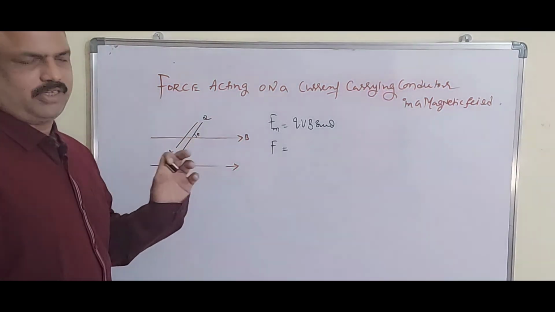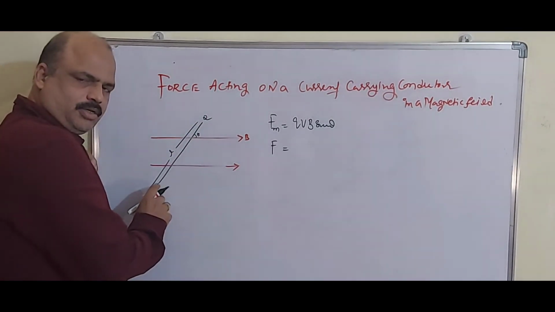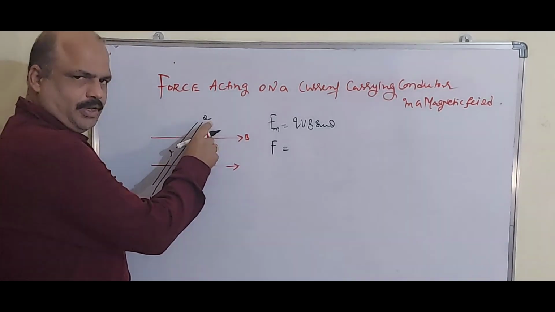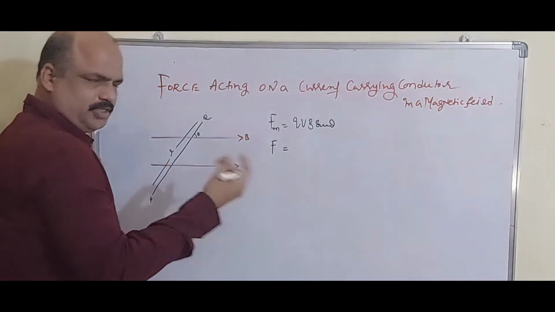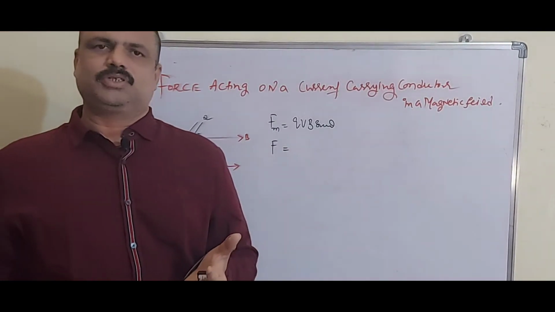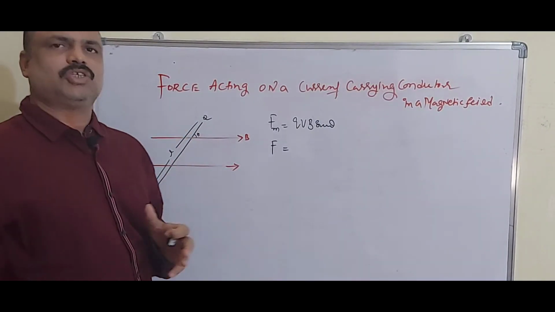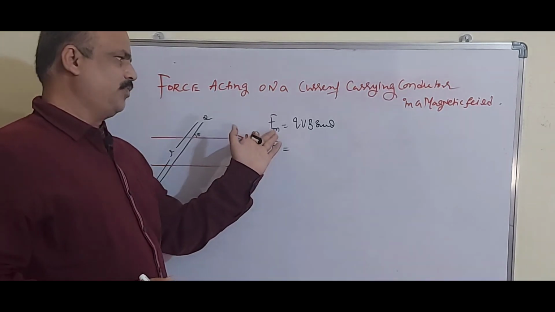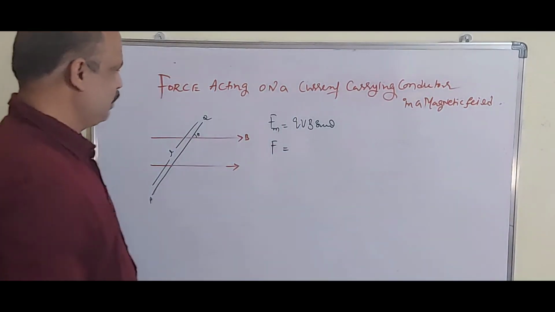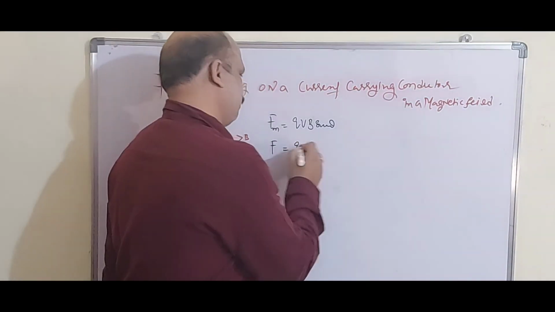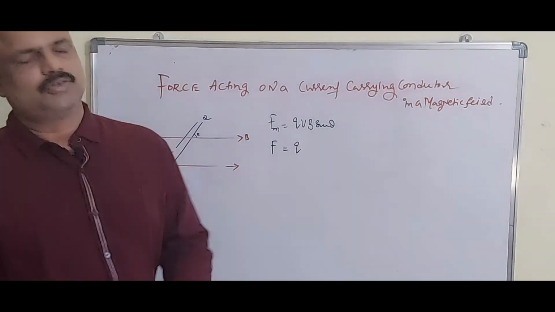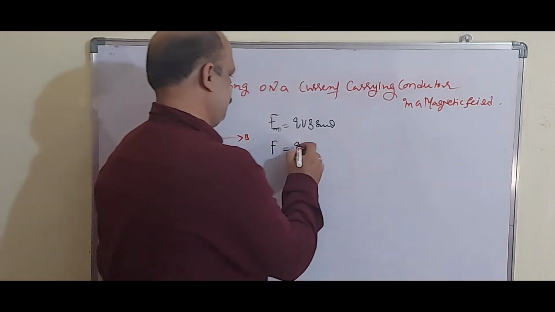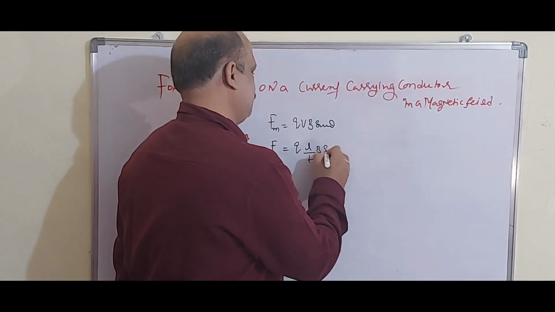Here v is the velocity of the charge. Each charge in the conductor is moving from point P to Q with a velocity v, so each charge experiences a magnetic force. Let us consider one charge q. The magnetic force experienced by that charge is Fm = qvB sin θ. Now, velocity is the total length traveled by the charge divided by time, so v = L/t, and Fm = q(L/t)B sin θ.